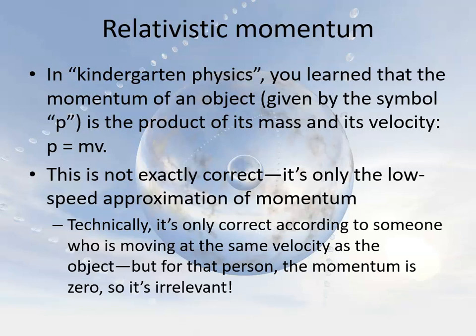Now, some more stuff about relativity. We've seen that mass isn't conserved. Well, now it's time to open your eyes to the fact that if you've had physics before, the equation that you learned for momentum was wrong. P equals mv is the equation that you learned for momentum. Momentum equals mass times velocity. We also talked about it in this class back in an earlier unit. But it turns out this is only true if you're in a reference frame, and the object itself is in a reference frame, that's traveling at a low percentage of the speed of light compared with the measured velocity.